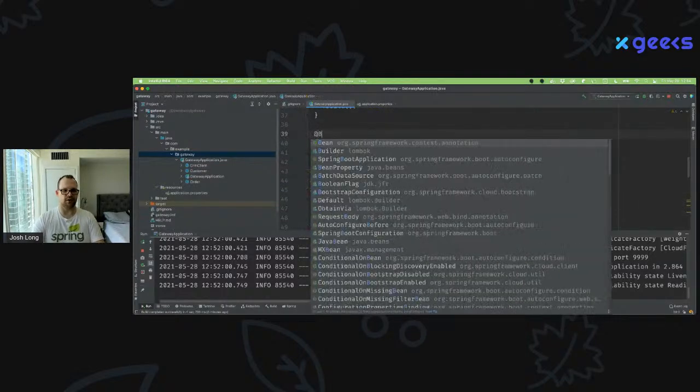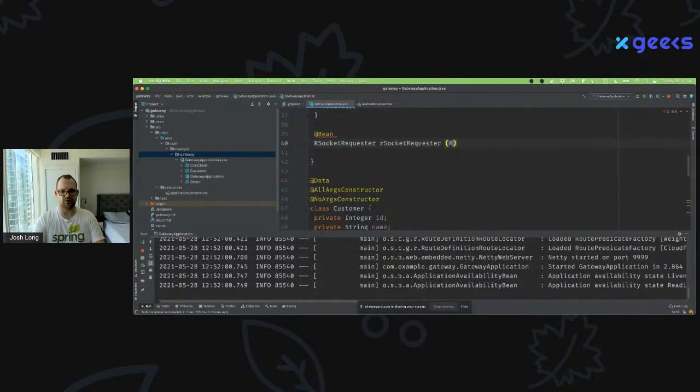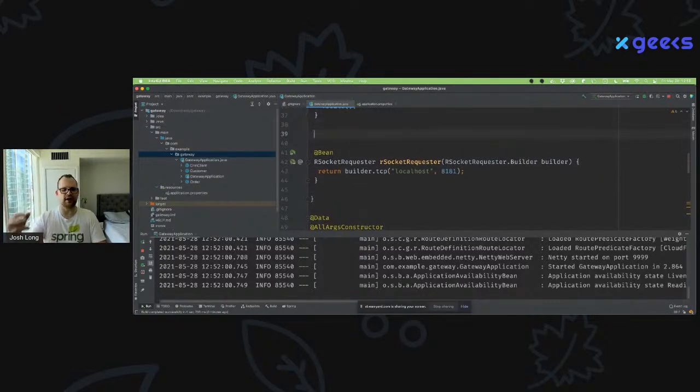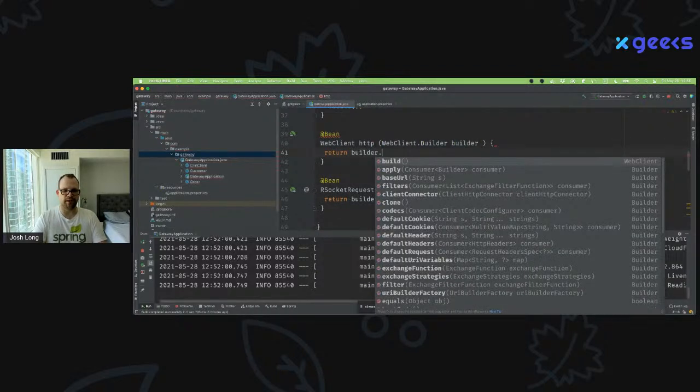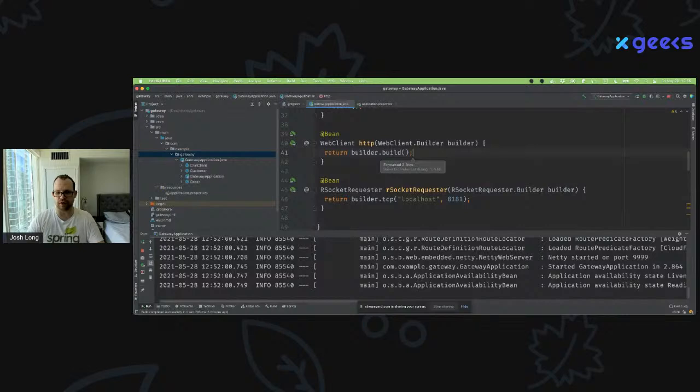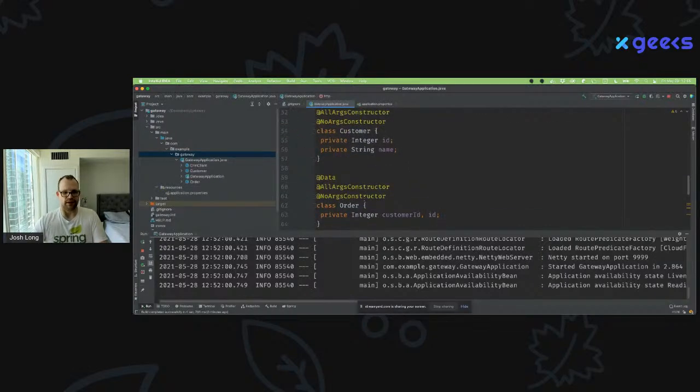So we're going to build them here. We're going to factory an RSocket requester. And remember, we connect at application startup time. We don't need to reconnect each time. That means that you don't have to recreate a new connection and do the handshake and the ACK and all that stuff. It's much faster to use RSocket for that reason, right? So then we're going to create the web client. And you can see that the strategy here is basically the same, right? You inject the builder, and then you create the instance that you want.